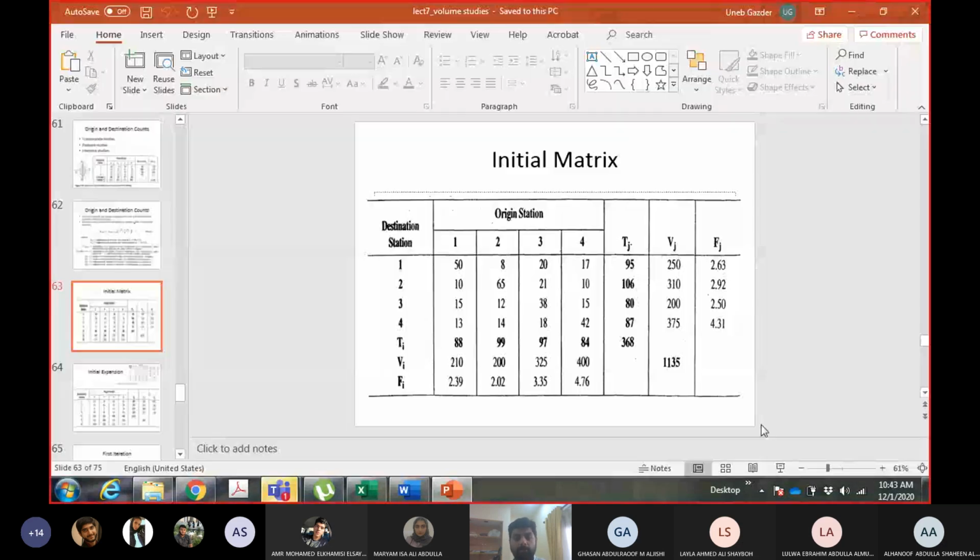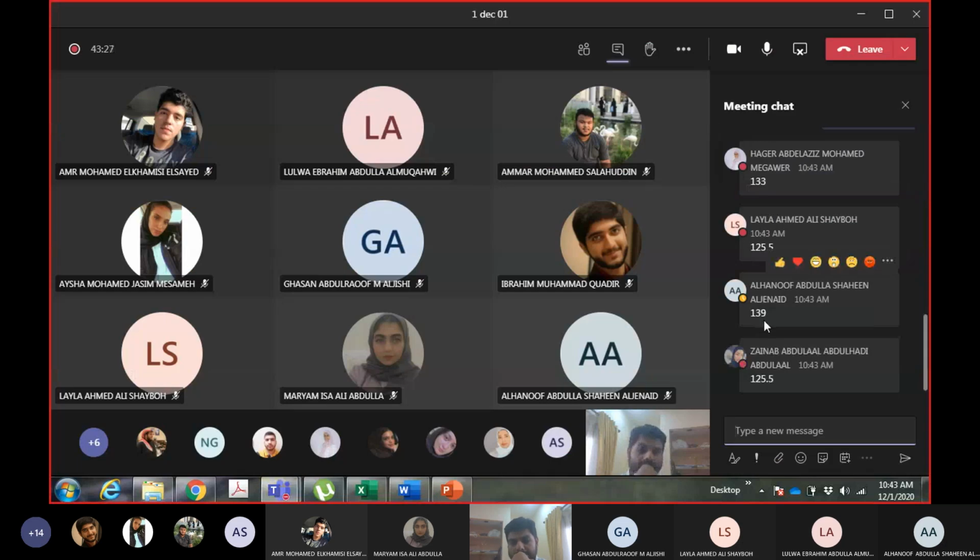Similarly, if you want to replace 8, then 8 should be multiplied with the average of the factors for the second column and the first row. 126. Okay, so 50 will be replaced with 126. You have to round off the numbers. Now let us say I want to replace 8.